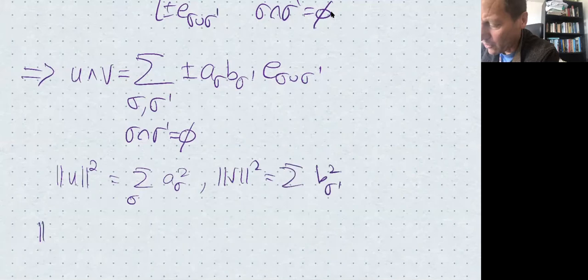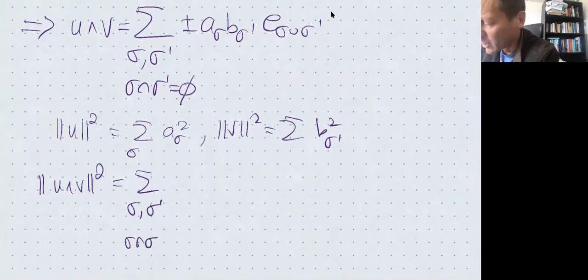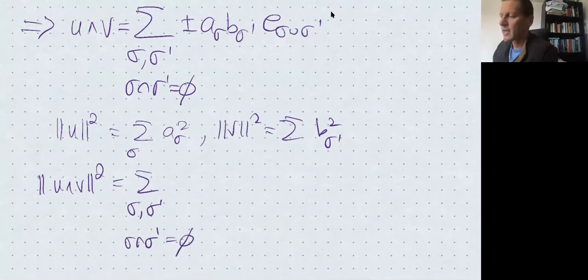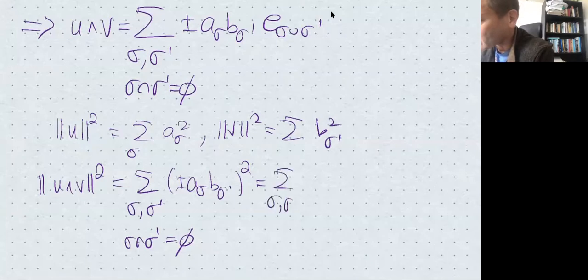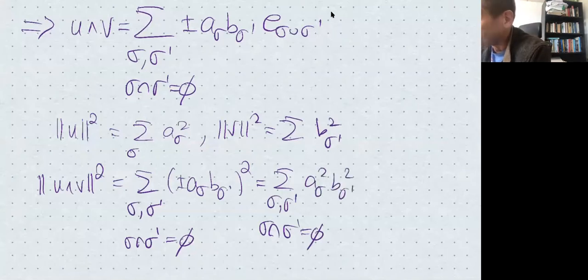And the norm of U wedge V squared is the sum over all sigma and sigma prime, with the extra condition that they don't intersect, of plus or minus A sigma B sigma prime, squared, which is the sum over disjoint sigma, sigma prime of A sigma squared B sigma prime squared, which is just